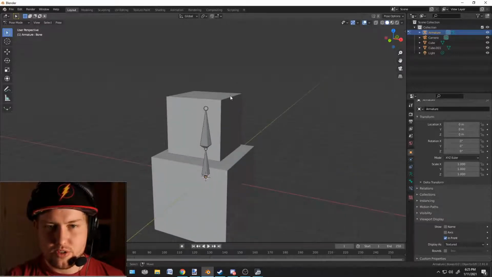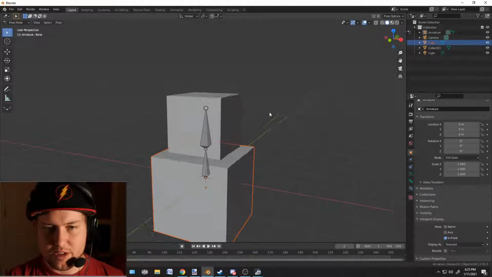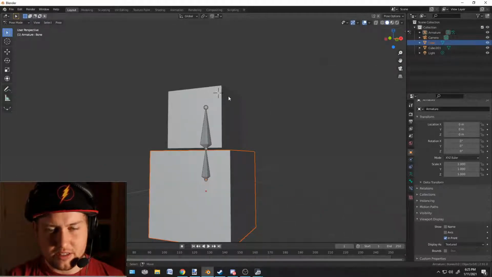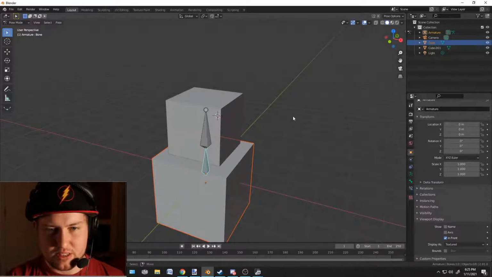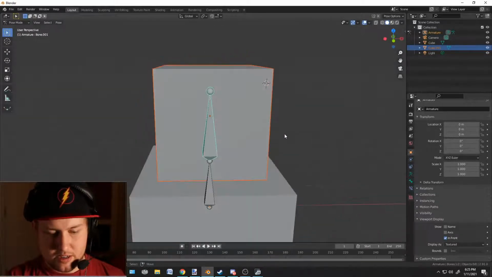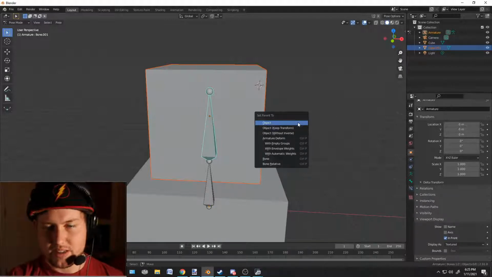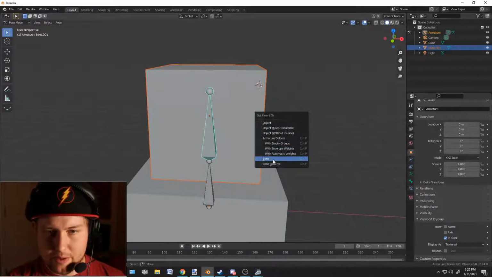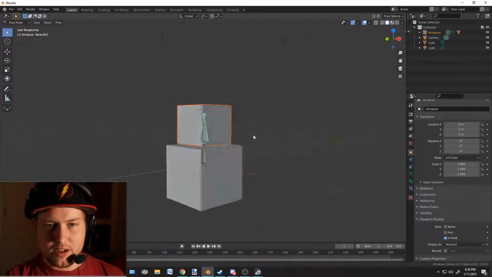So what you can do now is select objects over on this drop down menu. I swear I was able to select things before. I guess you can select bones with this, and then you select objects with this. So I'll select this bone, and I'll say Control P, and that's control parent, basically. And you'll see we have several options here. You can do object, object keep transform, object without inverse, but what we want to use today is bone. And what that does is